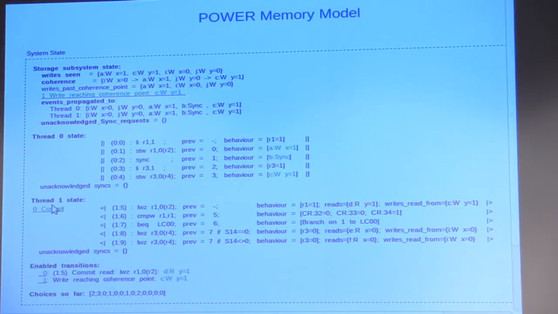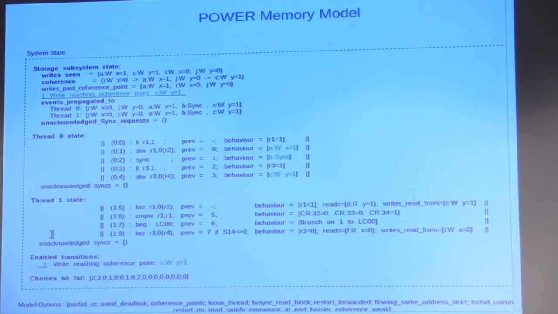And now I could commit these instructions in order. Right? So I interactively had an execution in which the second read of the second thread was satisfied early, and then everything else happened, and then everything was committed. Right? So that's showing you a programmer usable view of